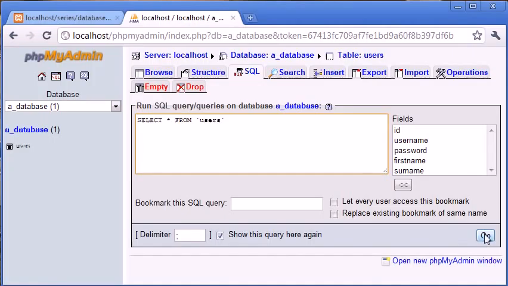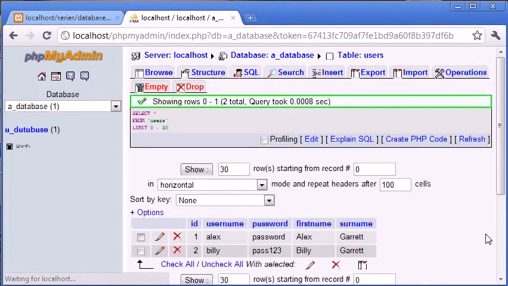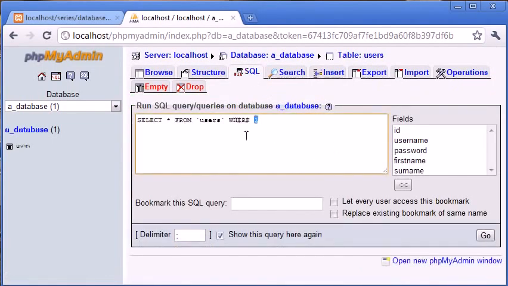So now I'm going to click go, and you can see that this has shown rows 0 to 1 and 2 total. The query took an amount of seconds, and it's shown our query here with this limit on the end, which I'll explain soon. But we've retrieved exactly the same data as if we were to click browse. So this SQL query for us at the moment is useless inside PHP, but when we're working within PHP,